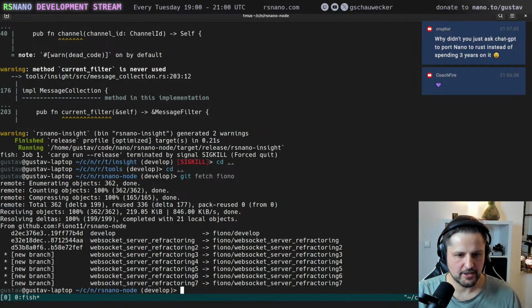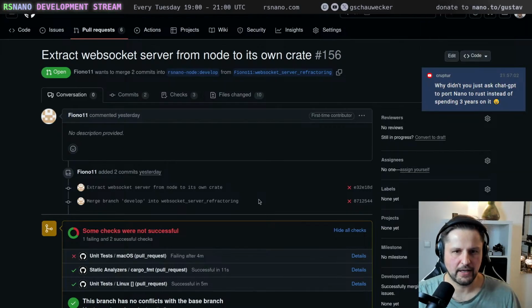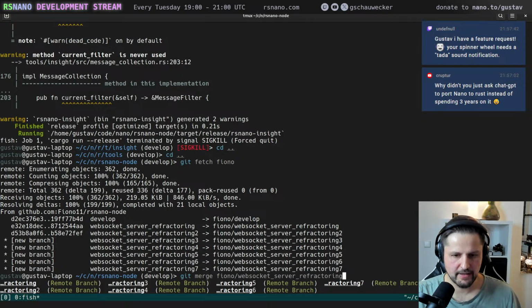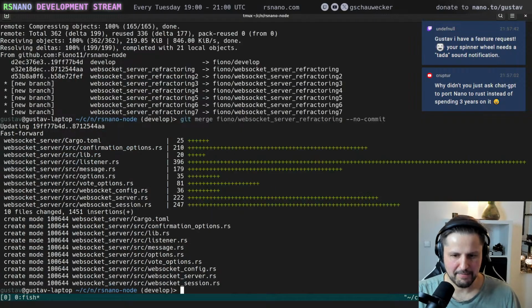And let's check out his... let's merge his work maybe. So what's the branch name? The branch name is WebSocket Server Refactoring. And let's say we don't want to commit because maybe we want to make changes.